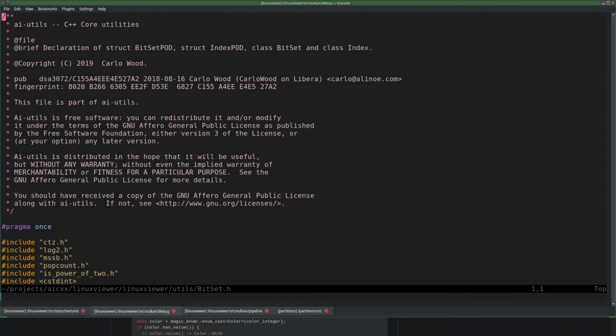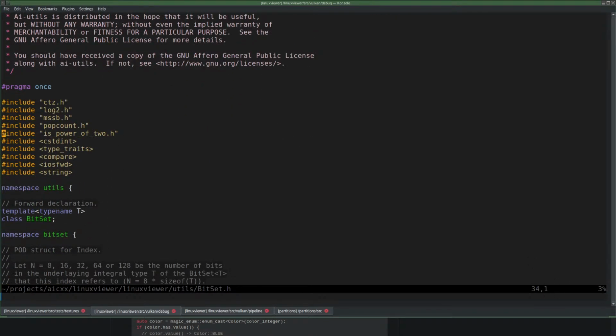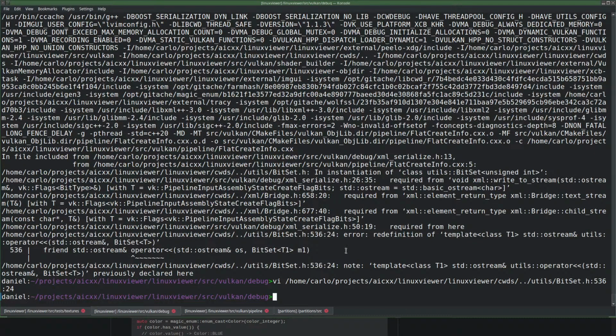Okay, so we have a pragma once and still it's including it twice. Can someone explain this to me?